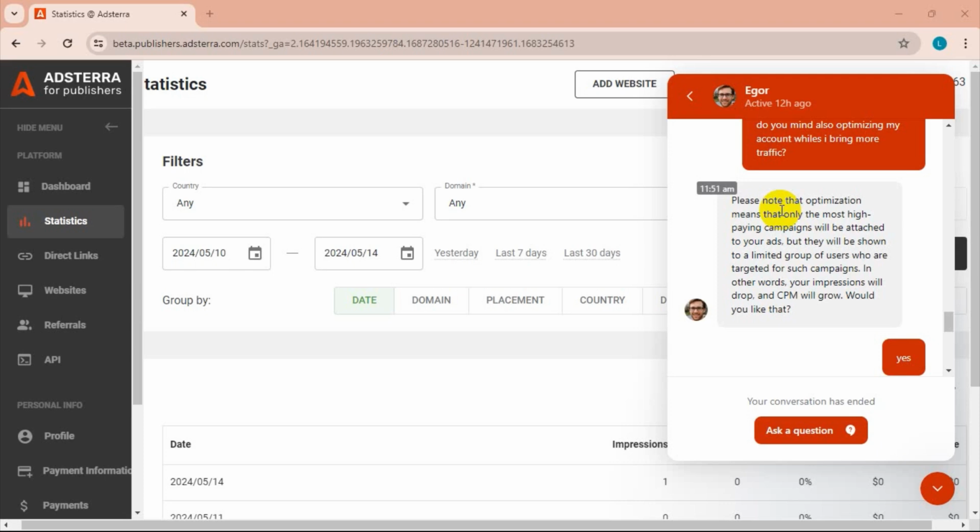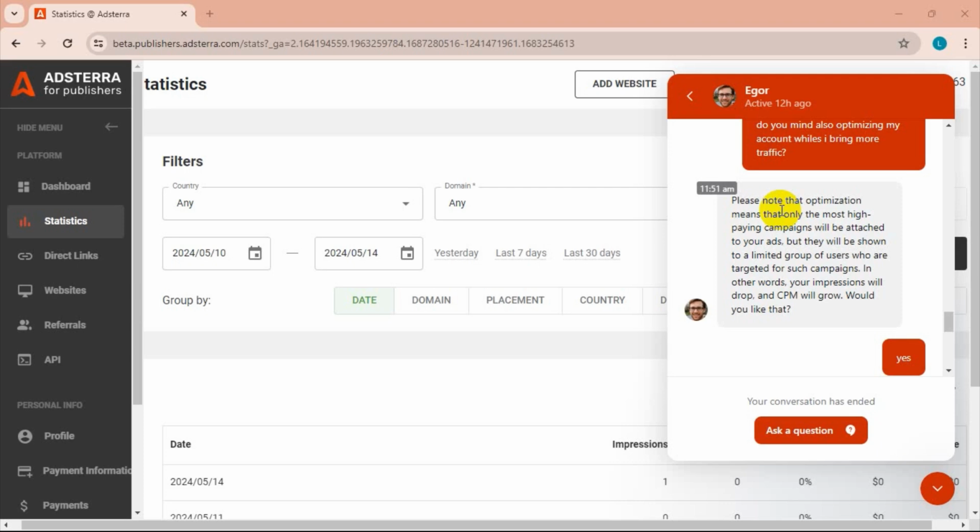So this is what they do. They will make your offers available only to people who will give you high revenue to click on it.